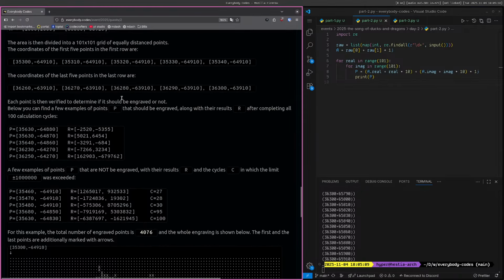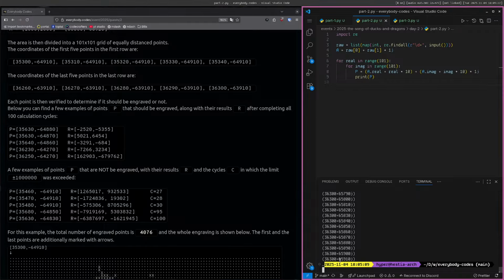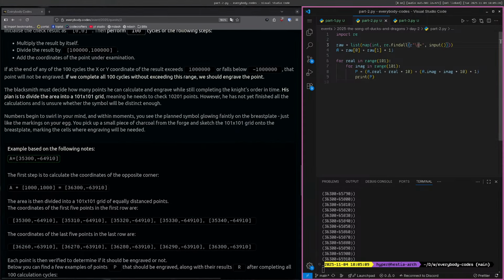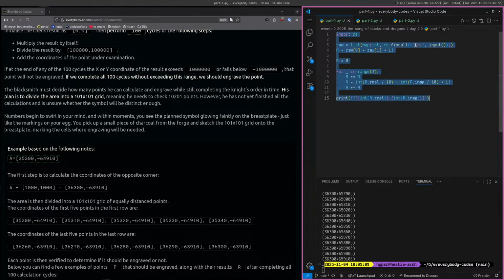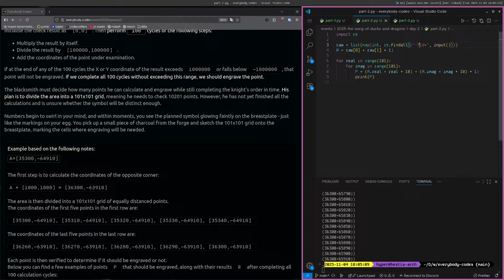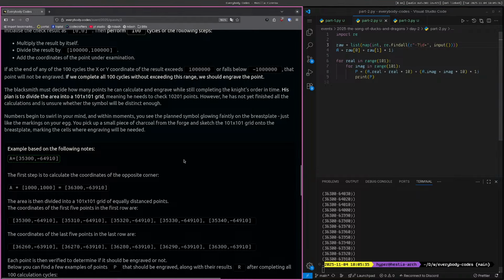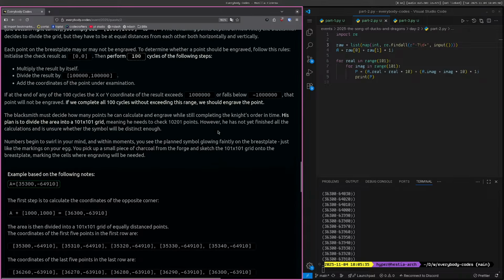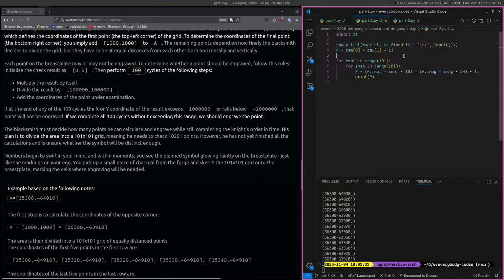The last 5 points in the last row should go up to 300 plus 6. No, that's not right. Ah, yes. That should be a thing in the first one as well, I suppose. Okay, that looks right. And then for each point, in order to determine whether or not it should be engraved,